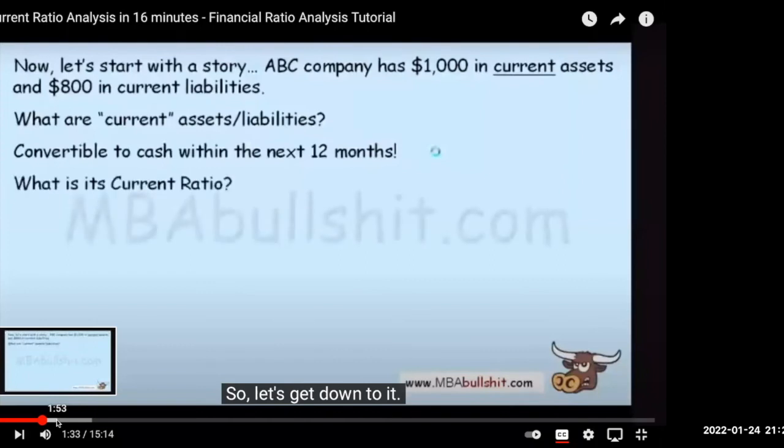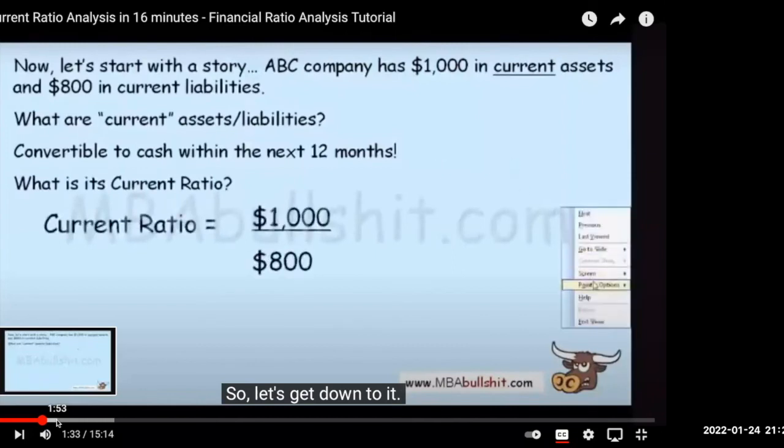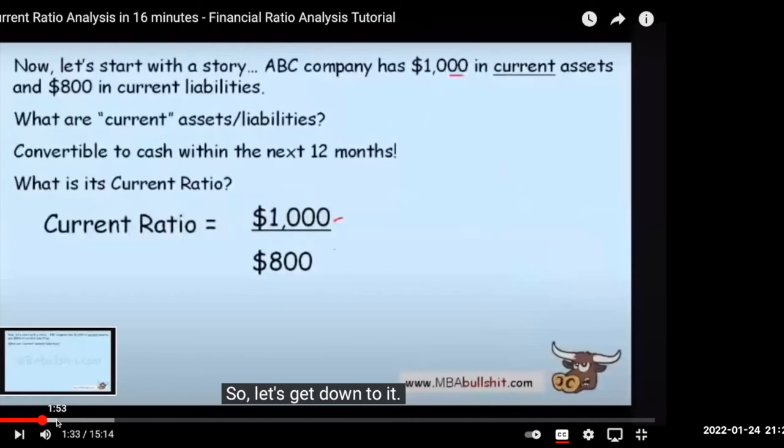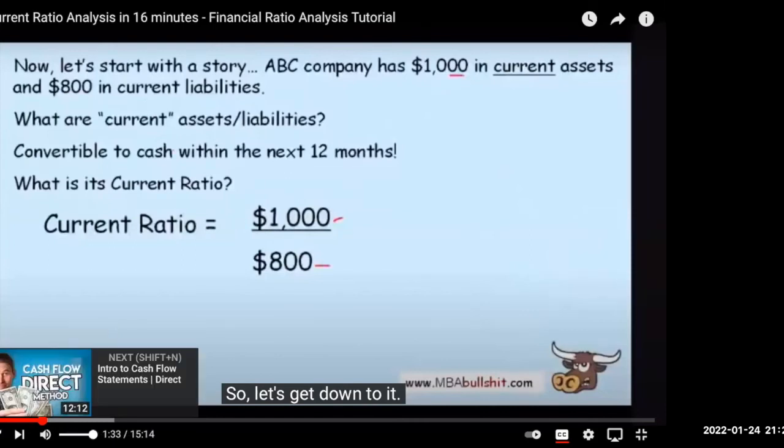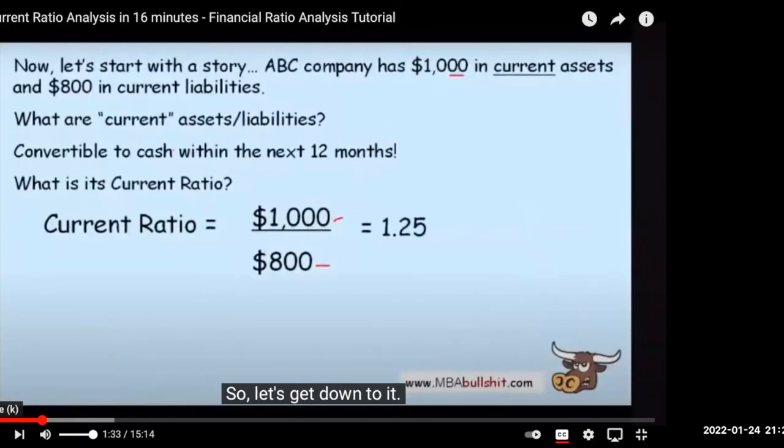So now, what is the current ratio? Well, it's very simple. Current ratio is $1,000 divided by $800. Where did we get this? $1,000 is $1,000 in current assets, and the $800 is the $800 in current liabilities. And the current ratio is